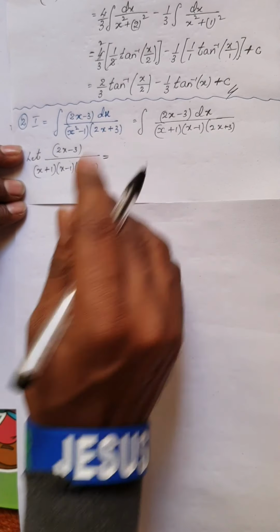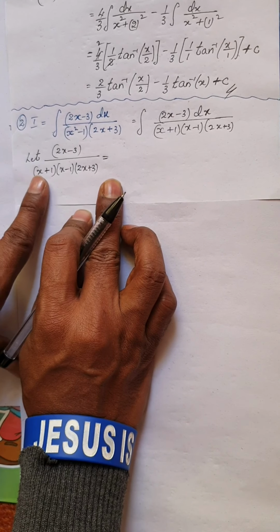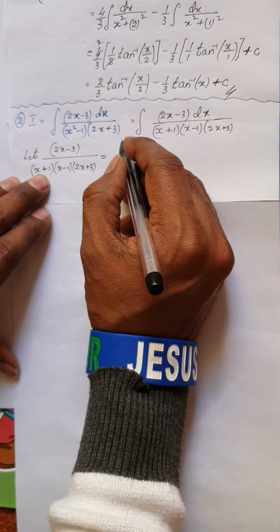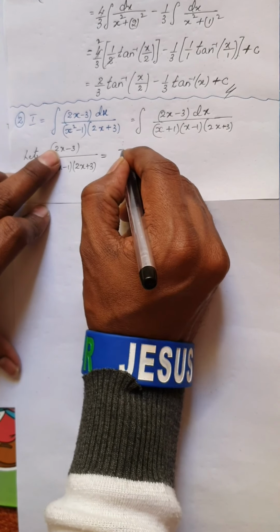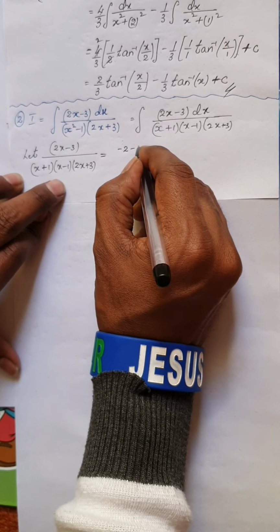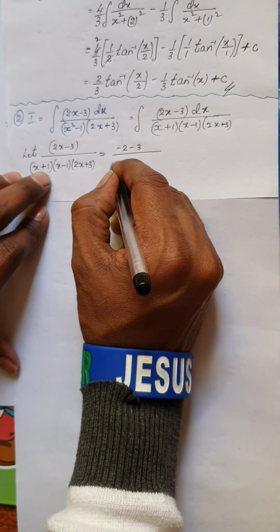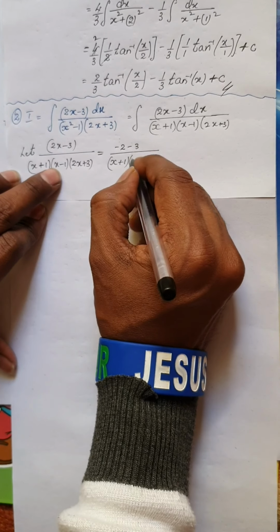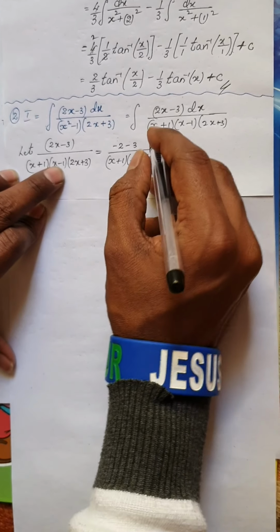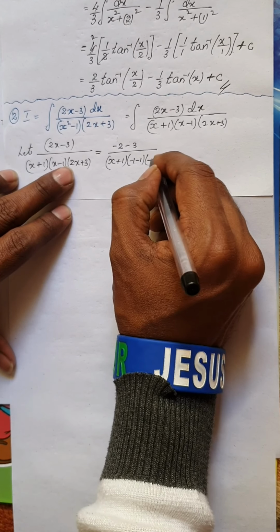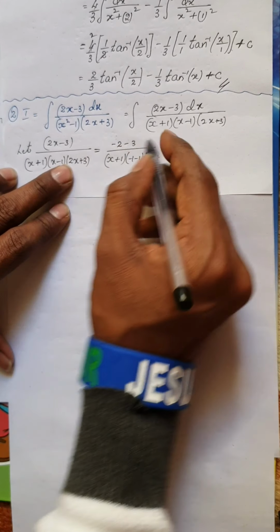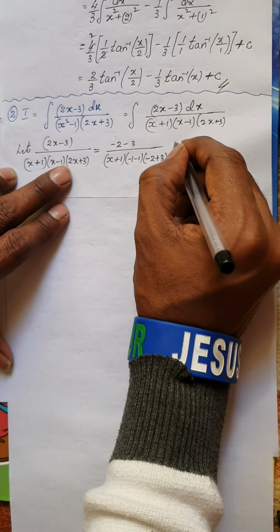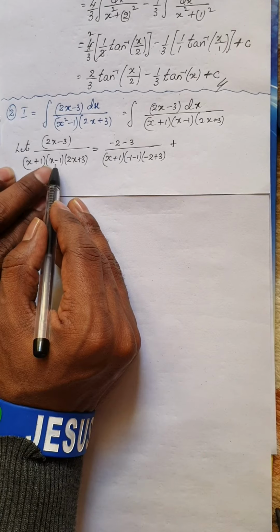Okay. So, in the first case I will put x is equal to minus 1 apart from this factor. So, this would be 2 into minus 1 would be minus 2, minus 3, divided by, keep this as it is, x plus 1. So, x will be minus 1 here. So, minus 1 into x is minus 1, so minus 1 into 2 would be minus 2 plus 3. So, the first factor is over. Plus, for the second factor I will put x is equal to 1.